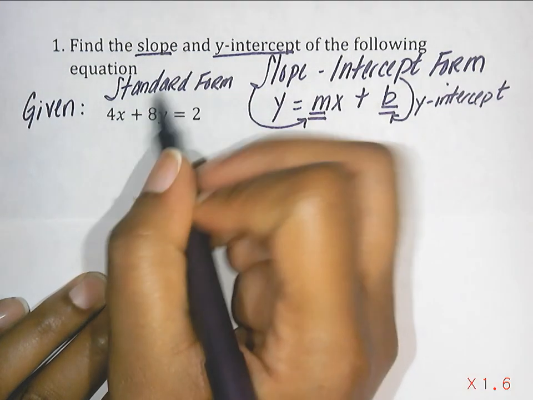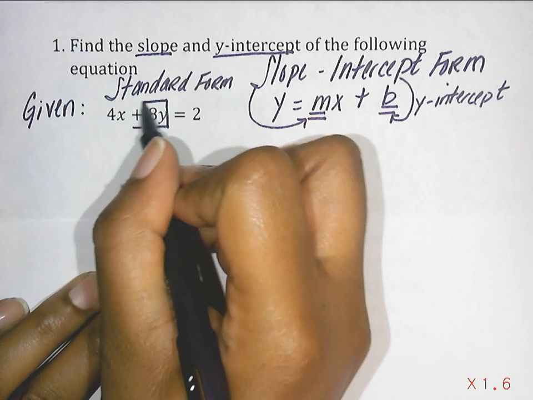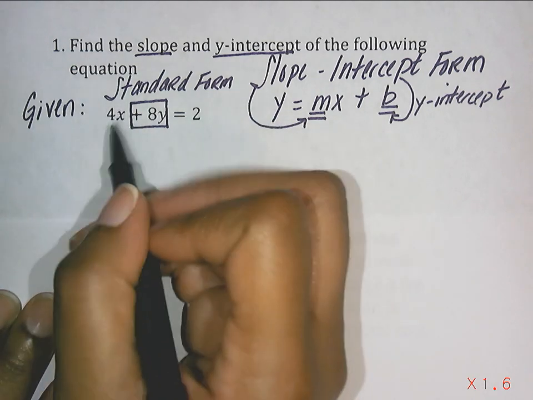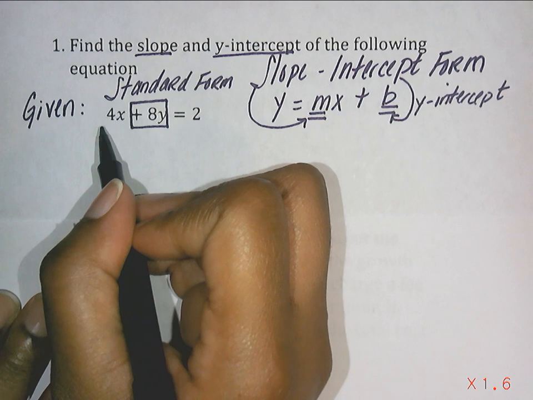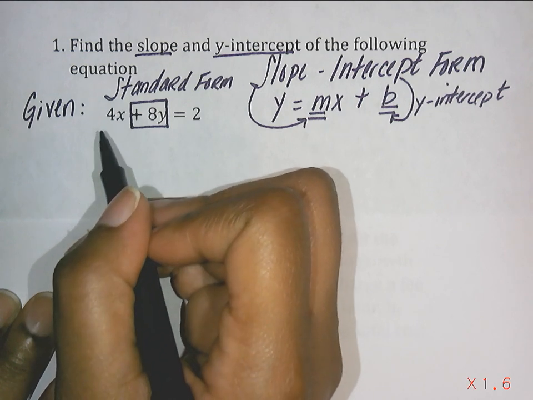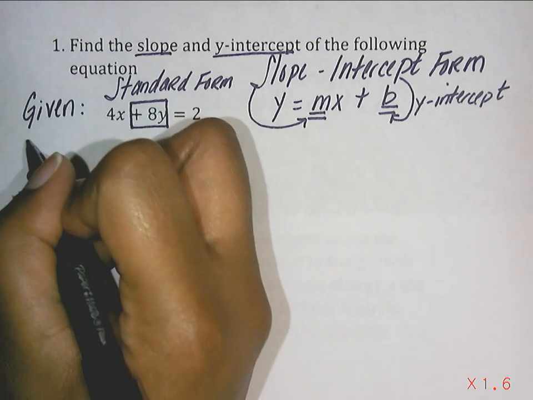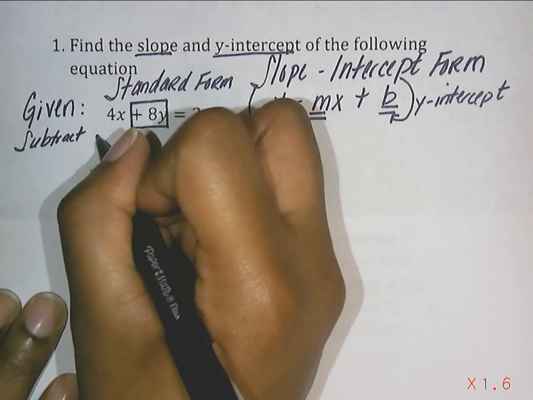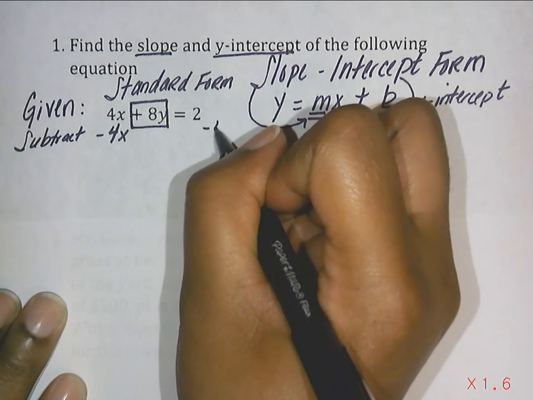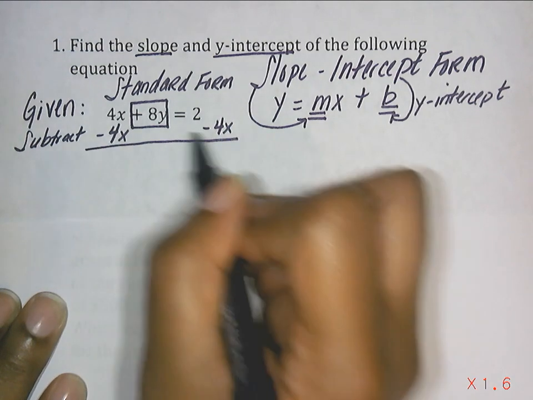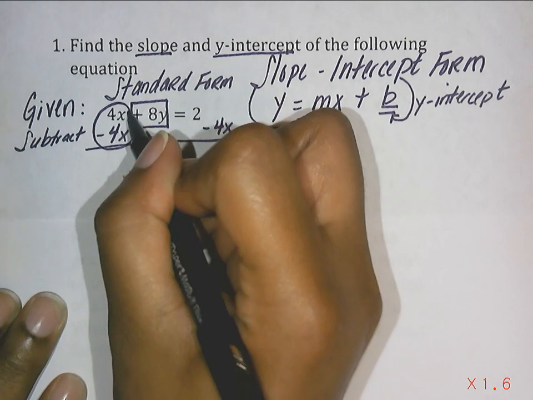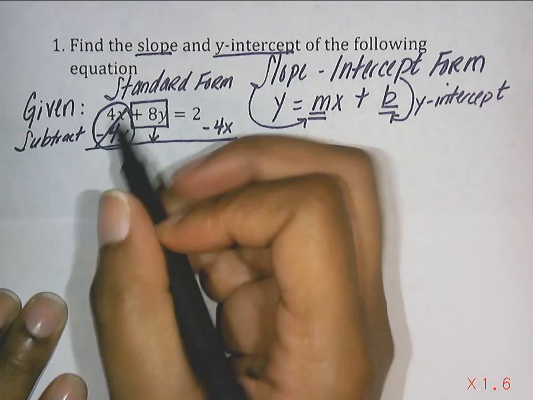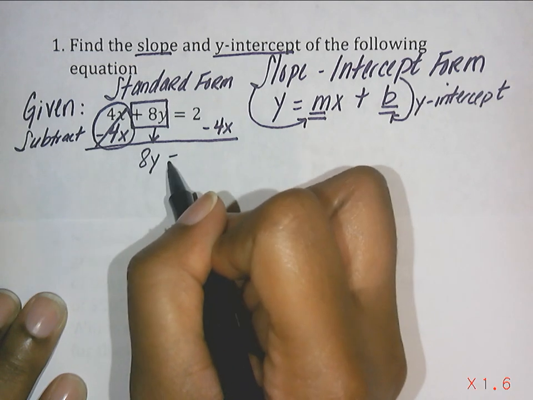The first thing that I want to do, because 8y is positive, I want to leave it exactly where it is and make this 4x become a 0. To make this 4x become a 0, right now it's a positive 4x. How do we know it's positive? It doesn't have a plus sign in front of it, but it doesn't have a negative sign, so it's positive. So I'm going to do the inverse and I'm going to subtract 4x on both sides. Now what I want you to notice is that I did not line up that 2 and that 4x, but in any event I got a 0 here, and I'm going to have 8y equals,